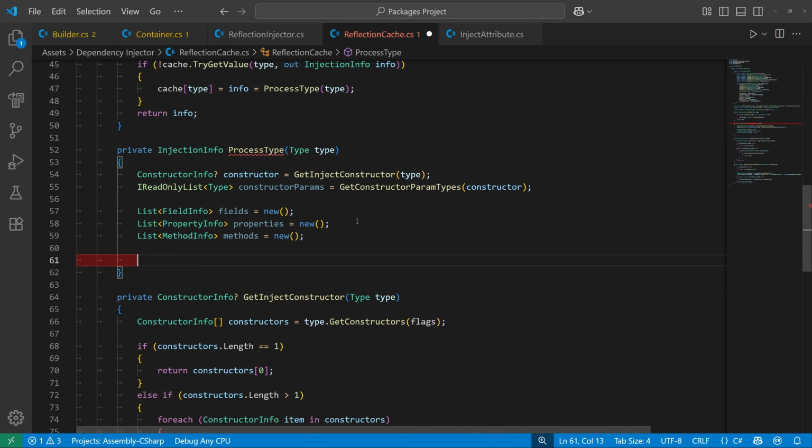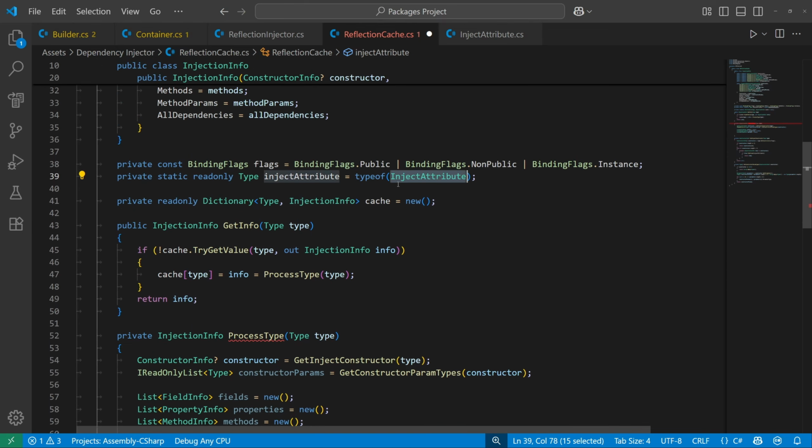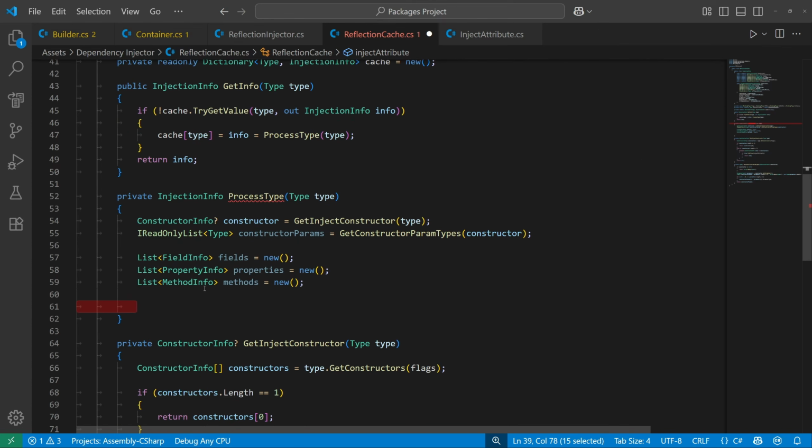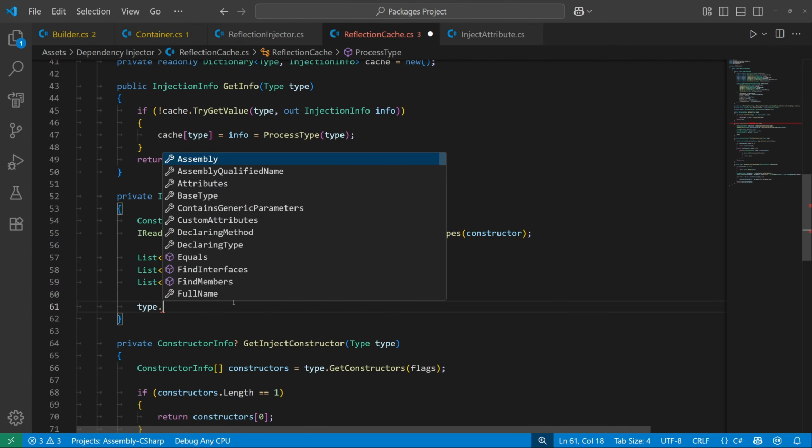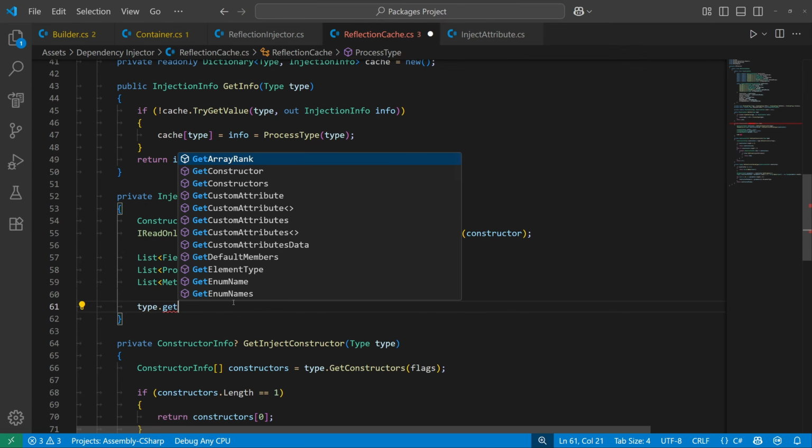And which ones are those, you may ask? Well, all of the ones that are decorated with our Inject attribute. In order to do that, we are going to use some helper methods that I've already created,